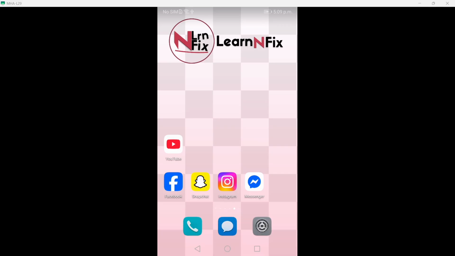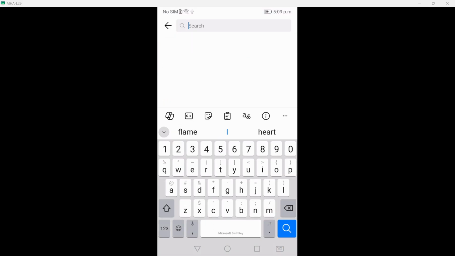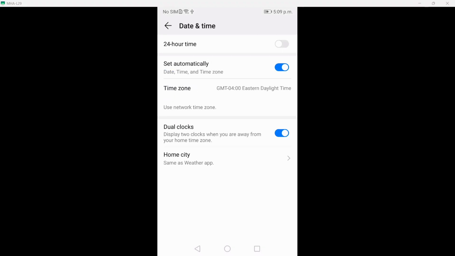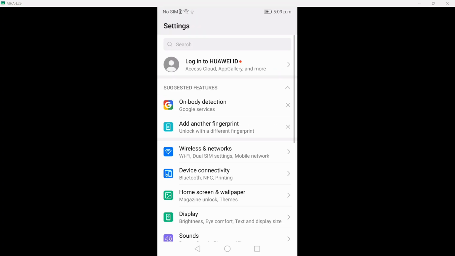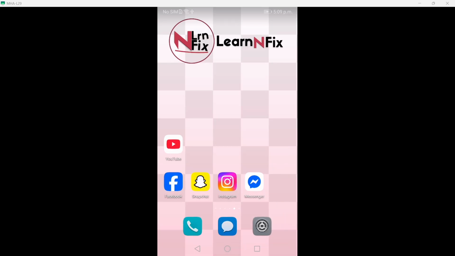So what you can do is first go to settings and type in date and time. Inside here, you want to make sure you have connected to set automatically. This will automatically set your date and time to the correct settings. If you have done this and you're still having issues, then what you can do is go ahead and